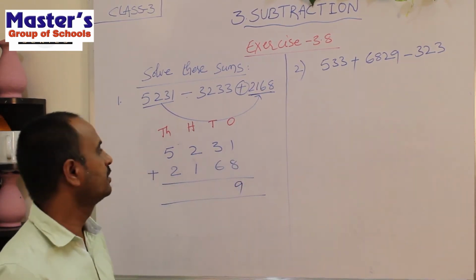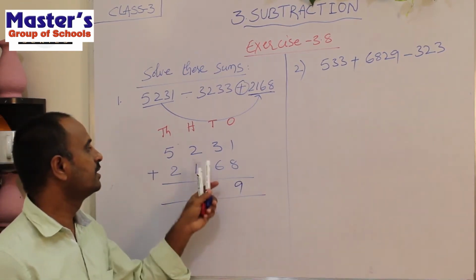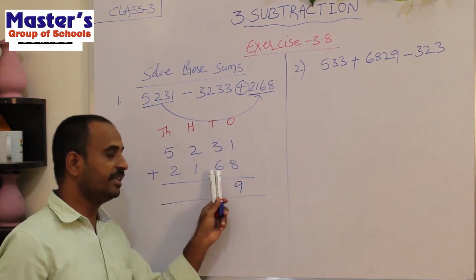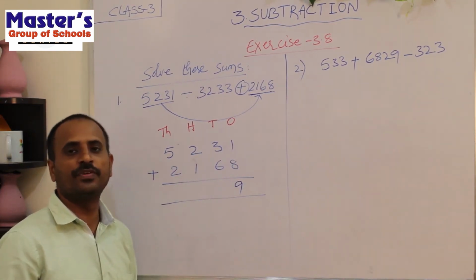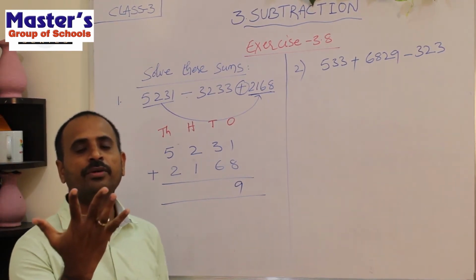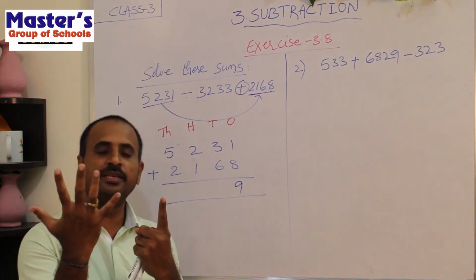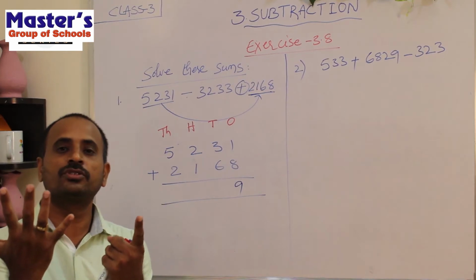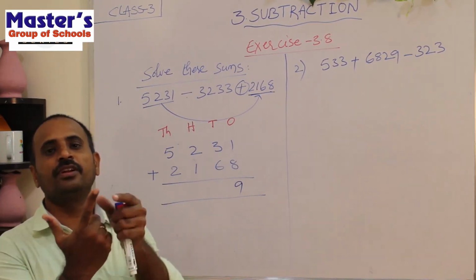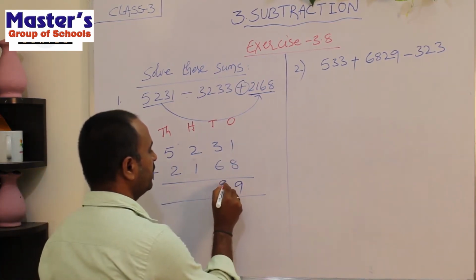Next go to tens place. Add the digits present in tens place. What are the digits present in tens place? 3 and 6 are present in tens place. So what is the second digit here? 6. Open 6 fingers of your hand. 1, 2, 3, 4, 5 and 6. These are the 6 fingers. What is the first number? 3. After 3 we will get 4. So start counting from 4. 4, 5, 6, 7, 8, 9. So answer is 9. So write 9 under tens place.